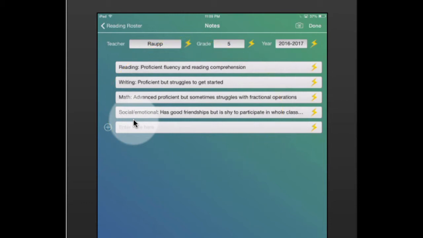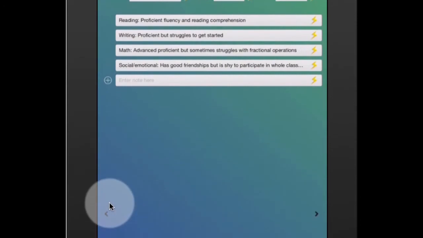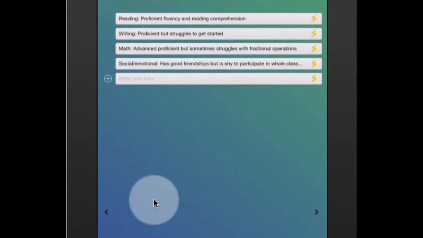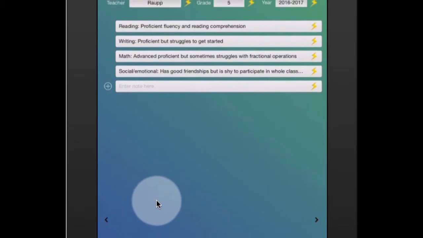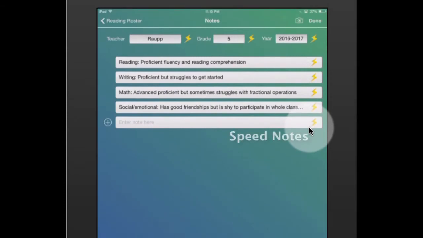And I did not include any picture notes, but if you were to include picture notes, the thumbnails would appear right below, of which you could just tap to quickly access and swipe the screen to go from one to the next. And as has been incorporated throughout Chronicle's design from the get-go, you have the speed notes icon, which you can use to access and reuse previously entered text. And from here I will tap Done,